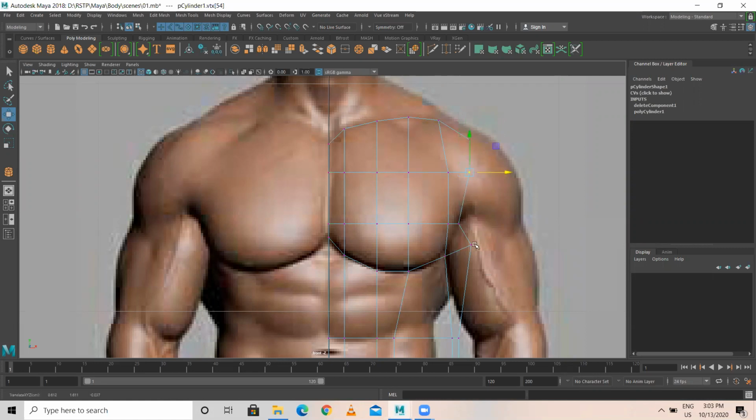See here, we have the shoulder and the hand part. Behind this, lats is there. This particular portion is called lats, or you can call this wings. Something like this.